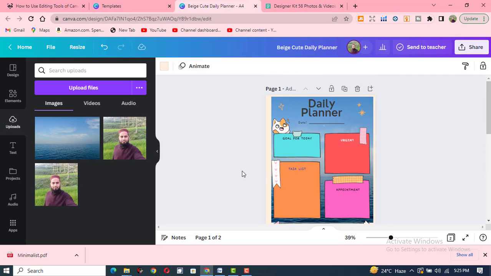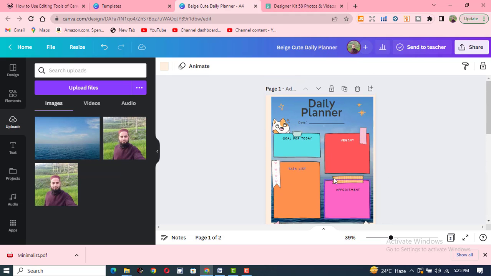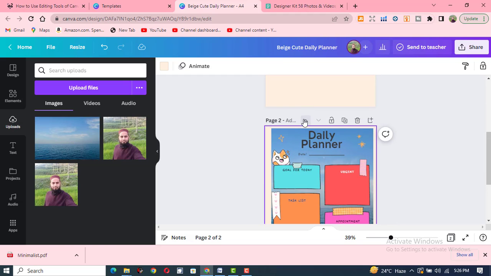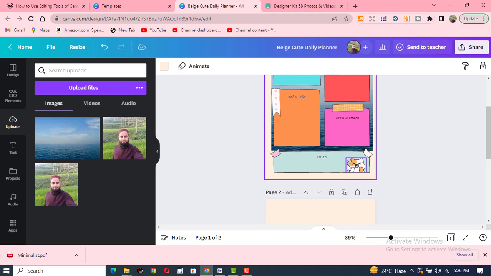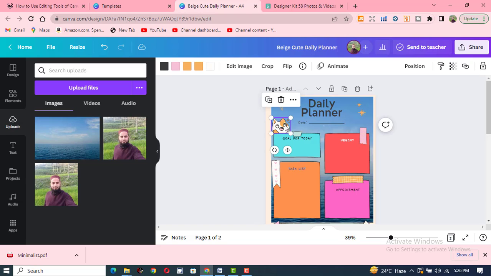You can also create a weekly planner, monthly planner, yearly planner, 5-year planner, and different kinds of planners you can create. And you can move it up and down. In this way you can create daily planners and different kinds of planners for your job, for your requirements, and you can create this kind of beautiful planner and sell these planners online on the online marketplaces: